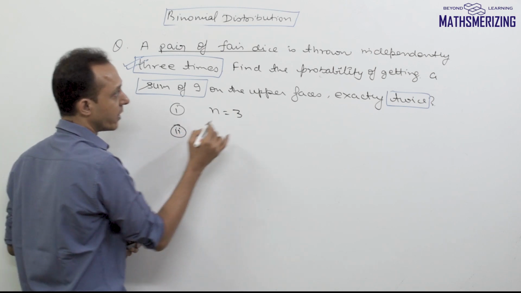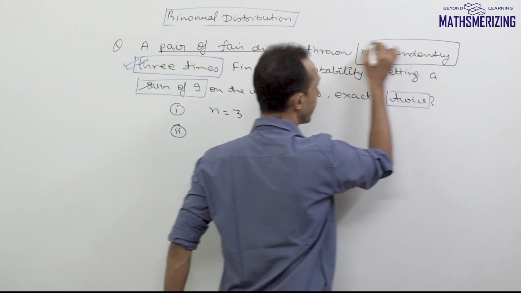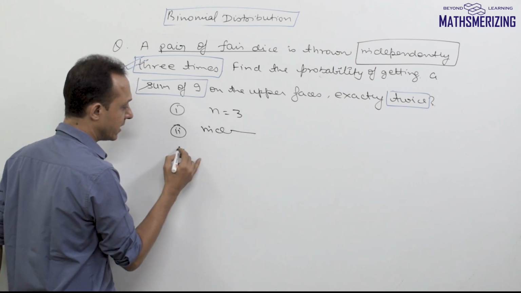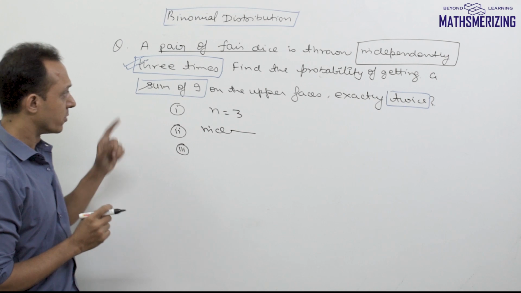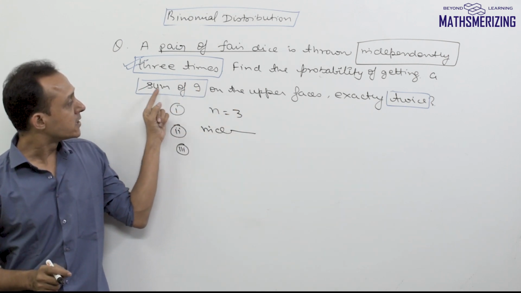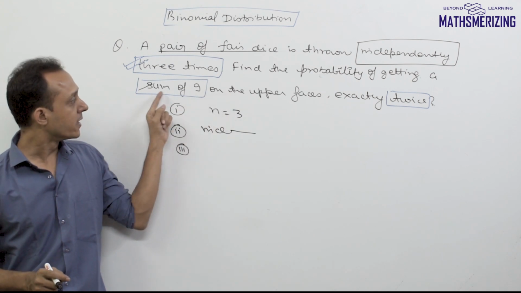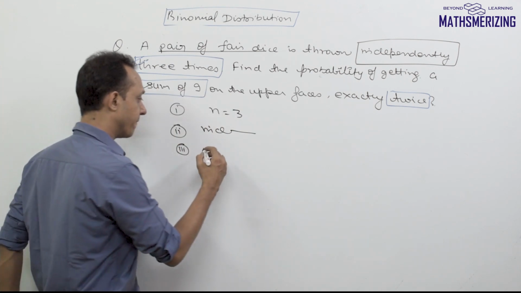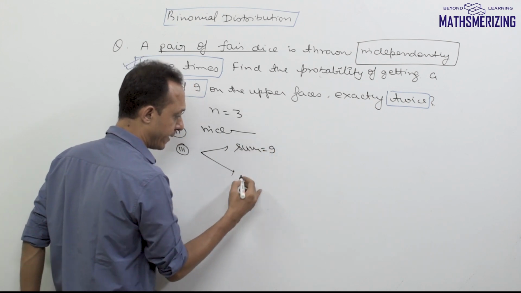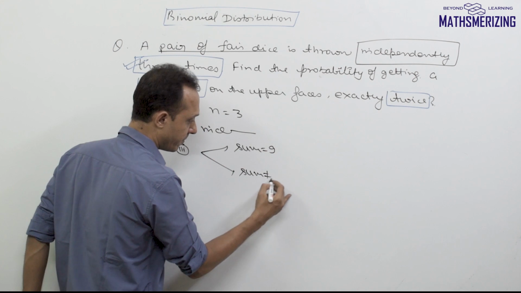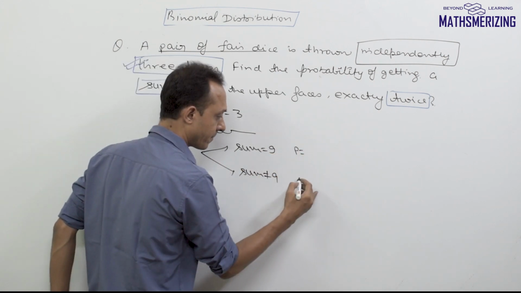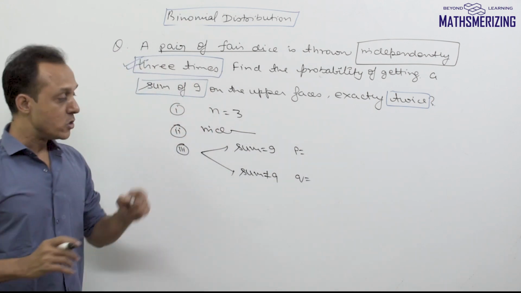And secondly, it is already given in the question that these trials are independent. Now the third condition is each of these trials should result in a success or failure. So now in this case, getting the sum of 9 is success and not getting a sum of 9 is failure. So we'll have 2 cases. Either the sum on the upper faces is 9 or this sum is not equal to 9. So I need to find the probability of getting the sum 9 and the probability of not getting the sum